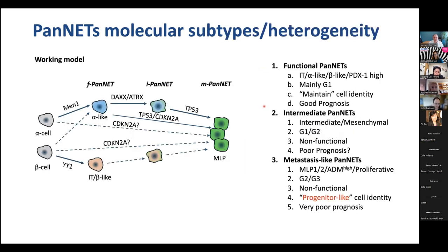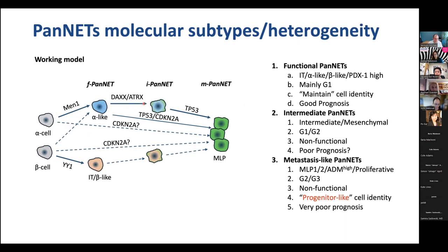Okay, so if we try to summarize this, for me, it's really amazing. Pancreatic neuroendocrine tumors are very, very complex, rare, but so complex. But I think it also highlights the amazing work that is done, especially in the past 5 to 10 years in this field. So if we look at mutations, really there is not,